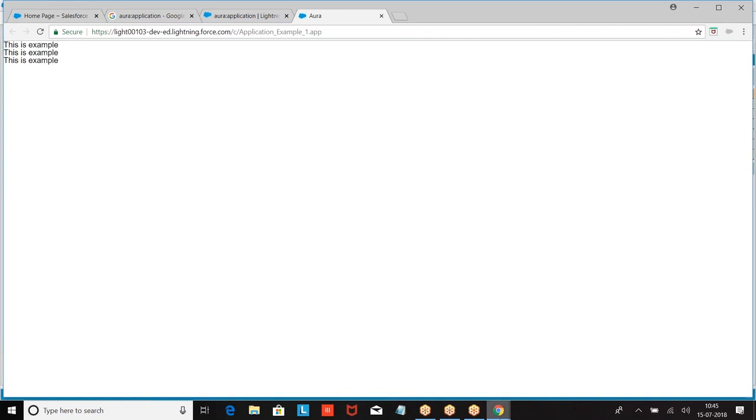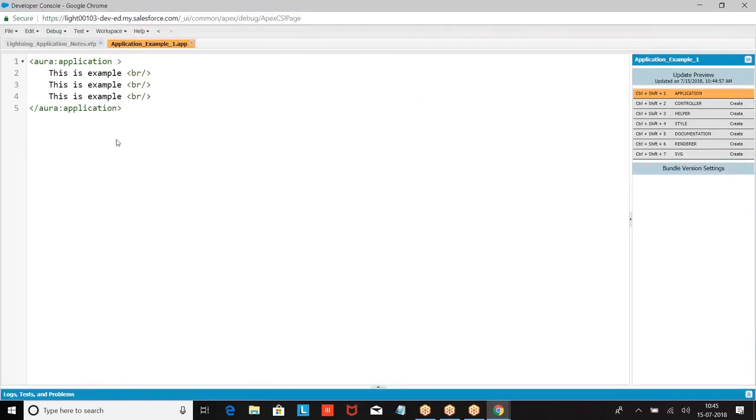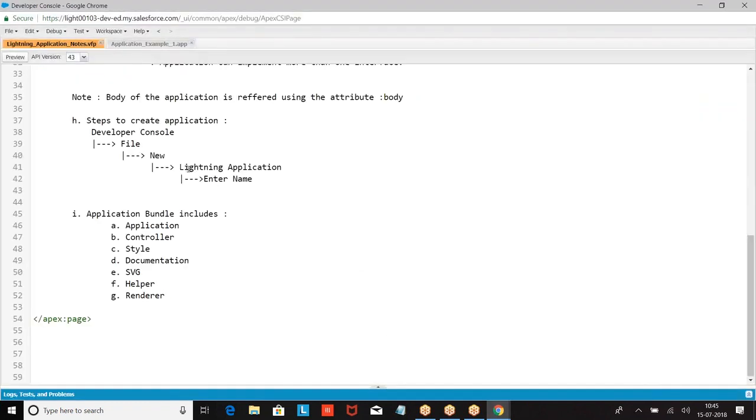Now, what will this Lightning application contain? A Lightning application will contain predefined Lightning components or HTML elements.